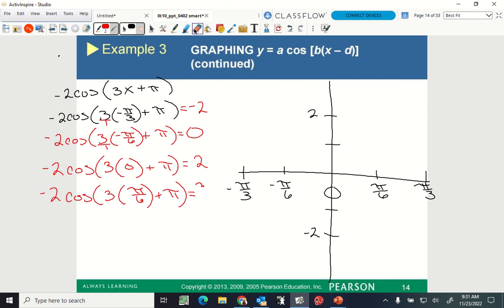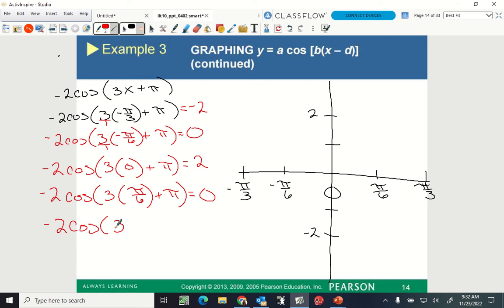Ooh, I don't want that yet. So 3 pi over 2 now. Put the finger on 3 pi over 2. Where's it at? Down here straight at the bottom, right? 3 pi over 2. What is cosine at 3 pi over 2? 0 times negative 2. Now my last one, negative 2